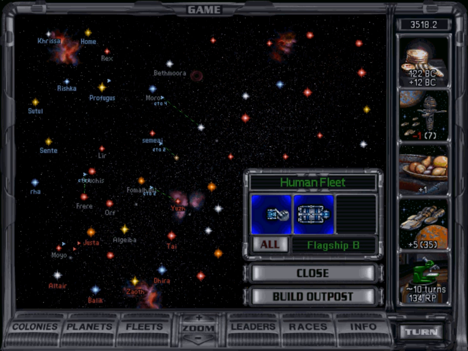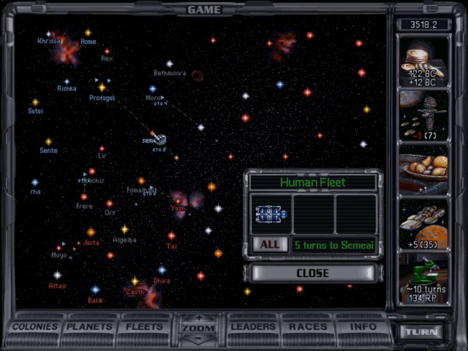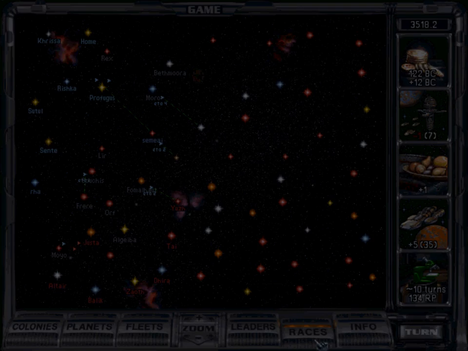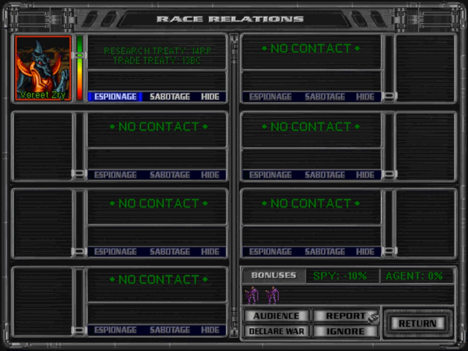Sending the outpost without the flagship. I'll send it here. Let's say hello to our friends. Oh, let's first see if there's...